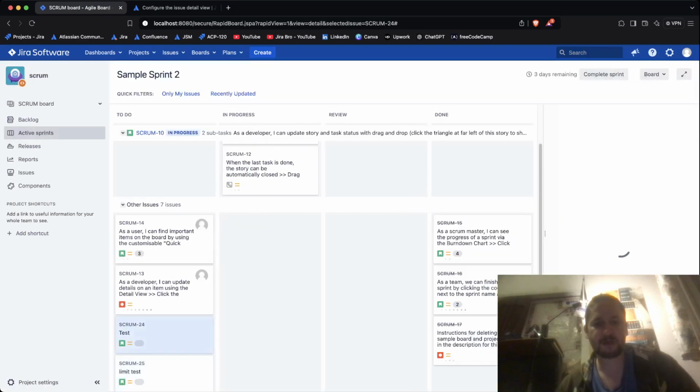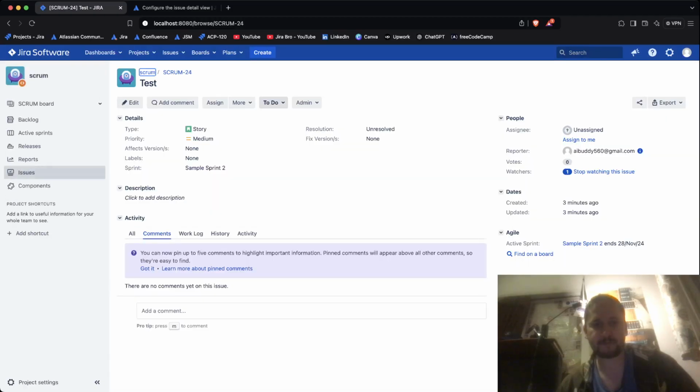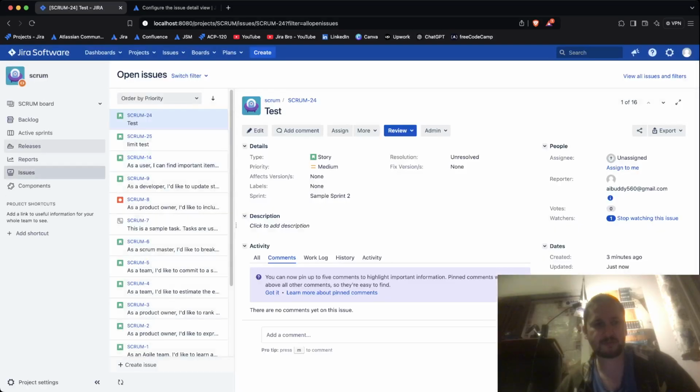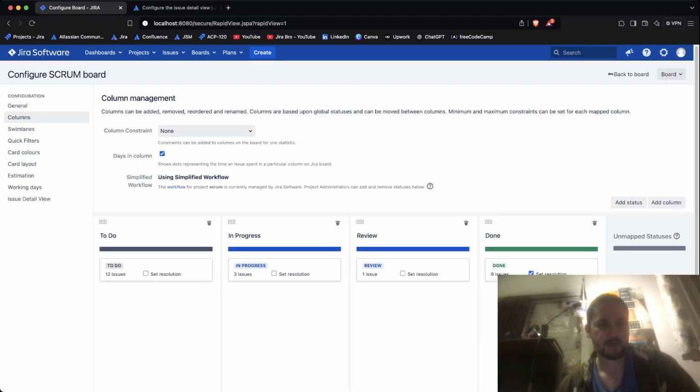So if I want to change this, this is the status that I'm having. Okay, so from To Do, I can move this to Review, and since I actually moved this to Review, it's going to be here. Let me go back to the board. Alright, so then we also have, in here when it comes to Done, this checkbox saying